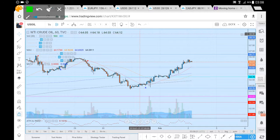Now, in around 63.76, we do appear to have found some buy side momentum. Take the 400 period moving average, and after having a brief consolidation beneath the 200 period moving average, we have broken above the 200 period moving average as well. We've seen the upside momentum continue, and we've broken above the 65.60, and we do look poised for further upside momentum, possibly taking us up to 66.71,